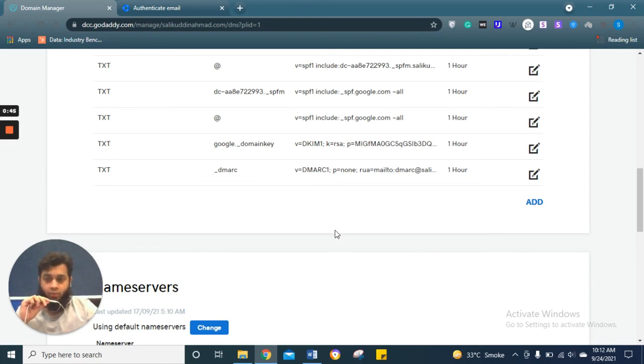There are many tools and you can use any tool, but what I suggest is that you can use Lemwarm, which is an integrated part of Lemlist, or you can also use Warm My Inbox. These two, from my experience, are good tools for email warming.